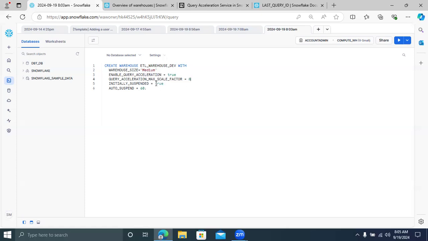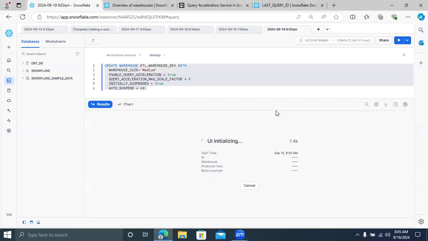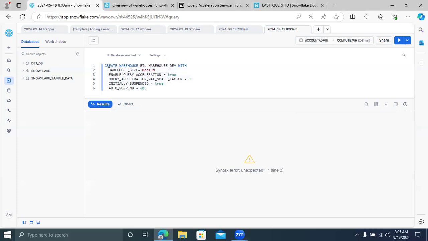Now, initially suspended: whenever it's created, it will be suspended. And if there is any inactivity after running queries, after 60 seconds it will auto suspend. Now just create the warehouse. It's a medium warehouse. I think it will throw an error because I copied right from the website.